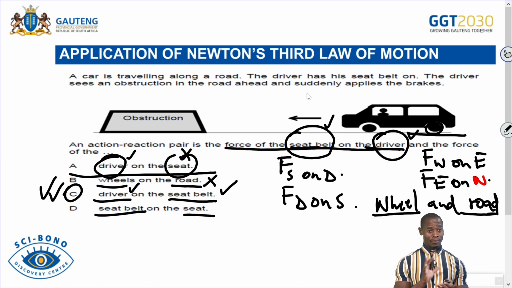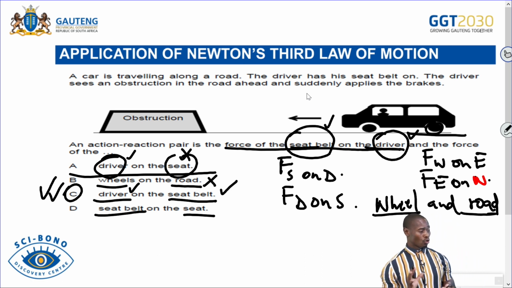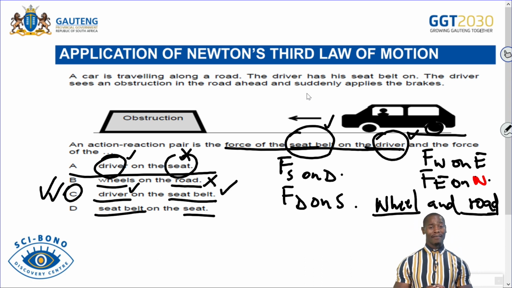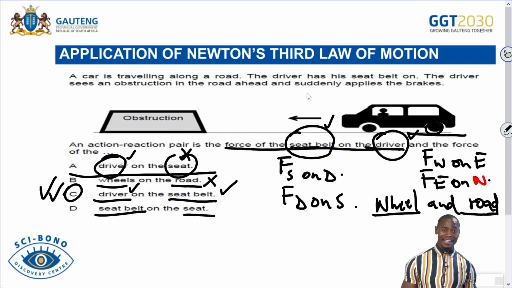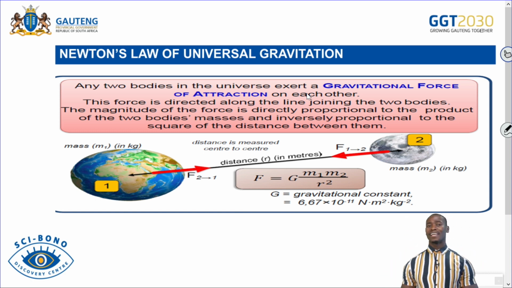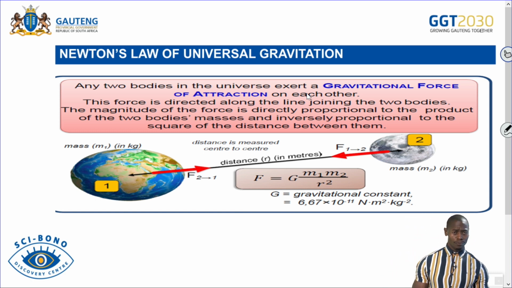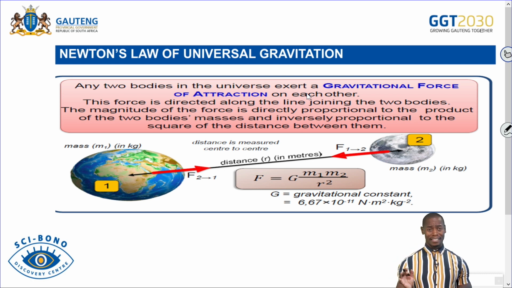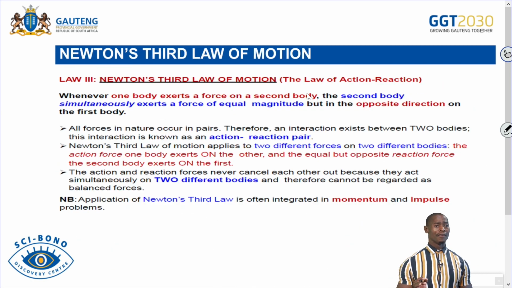So we only talk about how many objects? Two objects that are exerting forces on each other. Those forces are equal in magnitude, but they're acting in opposite directions, and again, they are not acting on the same object. Newton's law of universal gravitation, according to our examination guidelines, this is how we have to state